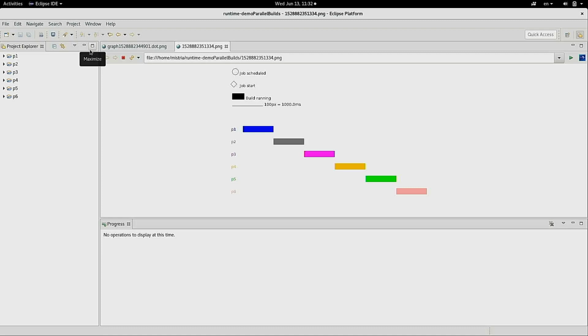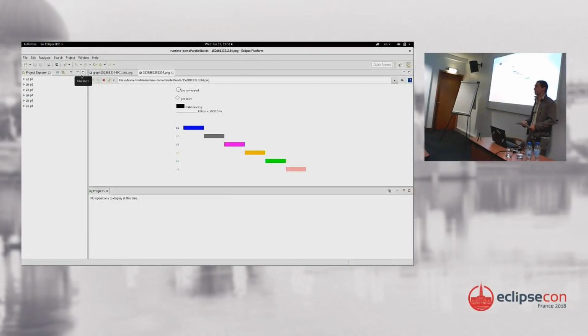Nowadays, when you see builds done sequentially, when there is no dependency between projects, it seems like a big waste of resources, and resource is important. It's energy, it's money, it's whatever you want. We need to avoid waste at any cost. And that's the purpose of the parallel builds in the Eclipse IDE.